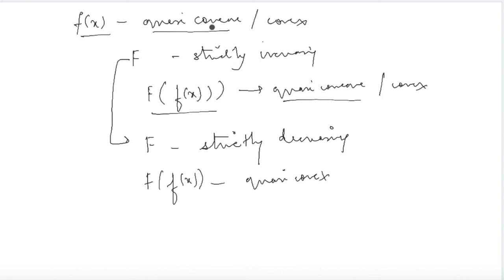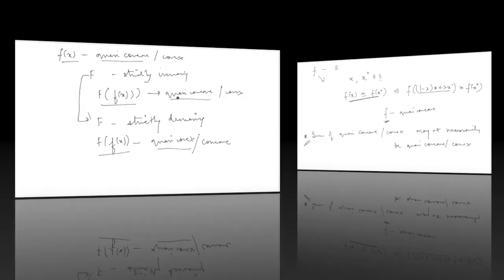If small f of x is quasi-concave, तो opposite हो जाएगा. अगर small f of x quasi-concave है and you take a decreasing transformation of small f of x, तो ये जो resultant होगा ये quasi-convex हो जाएगा. और अगर f of x quasi-convex है, तो यहाँ पे अगर आप strictly decreasing transformation लोगे तो वो function quasi-concave बन जाएगा. जो भी original function होगा f of x, जब आप उसका decreasing transformation लोगे तो वो opposite हो जाएगा. अगर quasi-concave है तो वो quasi-convex हो जाएगा, अगर वो quasi-convex है तो quasi-concave हो जाएगा. लेकिन अगर एक increasing transformation लोगे तो result will be the same.